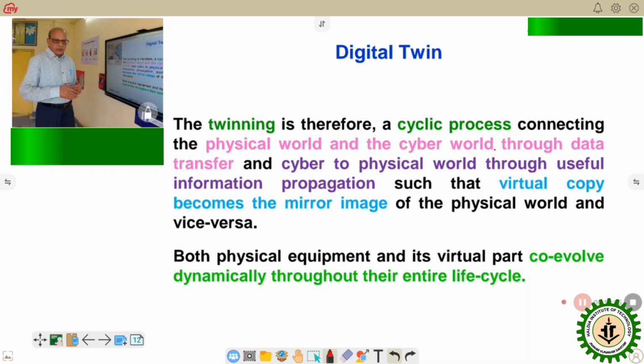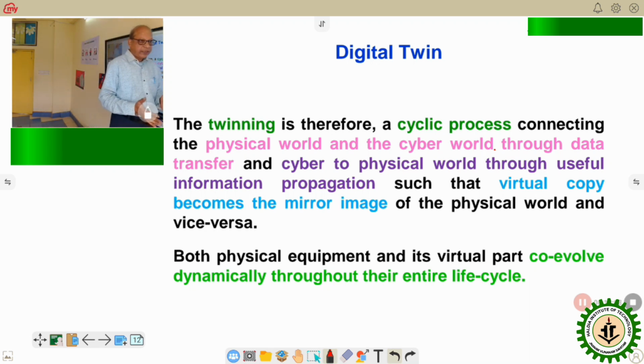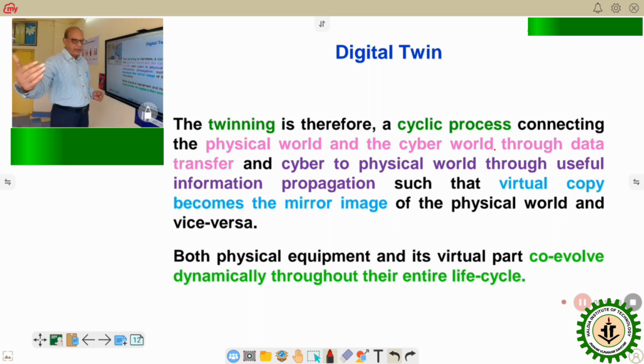Now twin. So all of a sudden it is not possible to create the twin. The physical object is there. Continuously, in real time, the data will be communicated from the physical world to the cyber world, and the process of creating the digital model or replica is exactly what is called twinning. Twinning is therefore a cyclic process connecting the physical world and the cyber world through data transfer, and cyber to physical world through useful information propagation, such that the virtual copy becomes the mirror image of the physical world